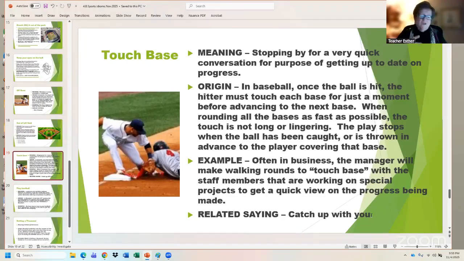We're just going to touch base on a couple of things that we talked about earlier in the week. We're going to catch up with so and so on their project and how's it going. And if you have any problems, come see me. So these two phrases, catch up with you and touch base, are all over the